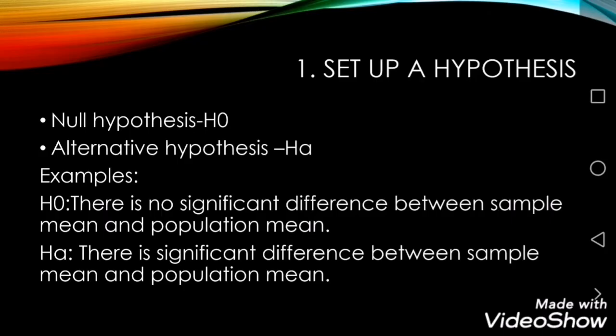The first step in testing a hypothesis is to set up a hypothesis. The conventional approach to hypothesis testing is not to construct a single hypothesis about the population parameter, but rather to set up 2 different hypotheses. These hypotheses must be so constructed that if one hypothesis is accepted, the other one is rejected, and vice versa. The 2 hypotheses in a statistical test are normally referred to as the null hypothesis, denoted by H0, and the alternative hypothesis, HA.